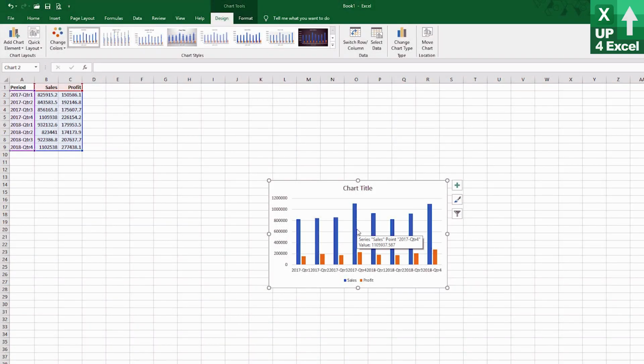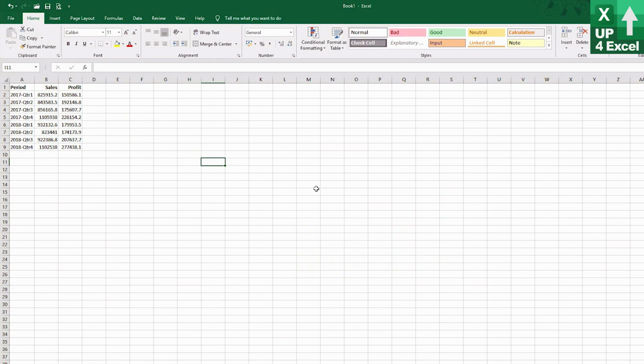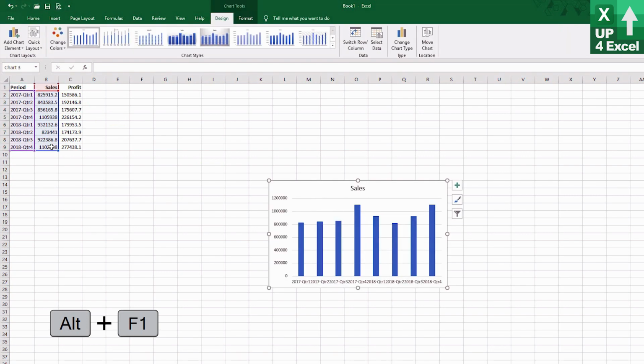Now I'll just go through one other point, because maybe you want to do this manually. You want to do it a more difficult way. It's possible. So I'm just going to delete that chart there, so it doesn't confuse things. So say, for example, we do the same thing with just the sales. So we've got our sales chart, but we've now been given the profit numbers